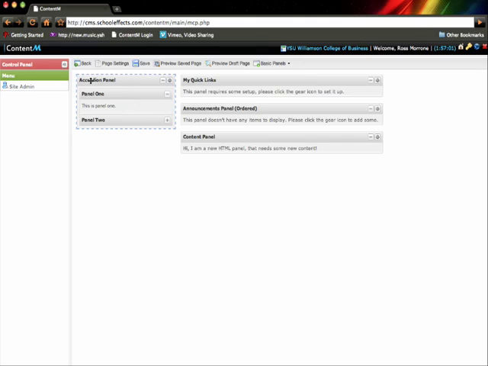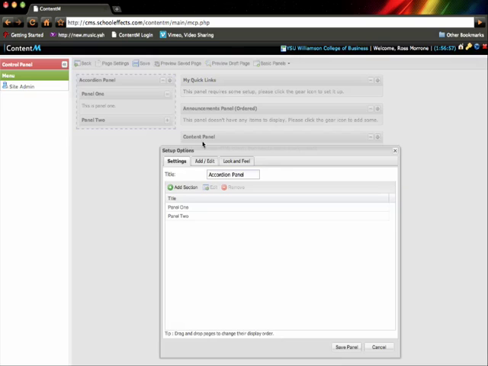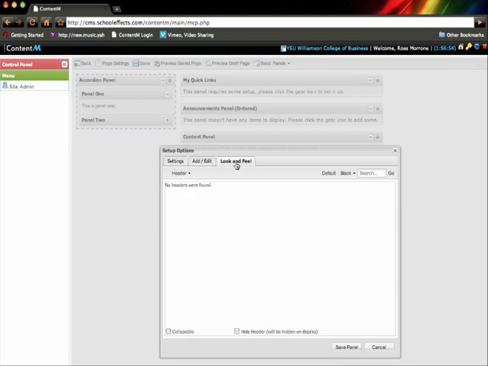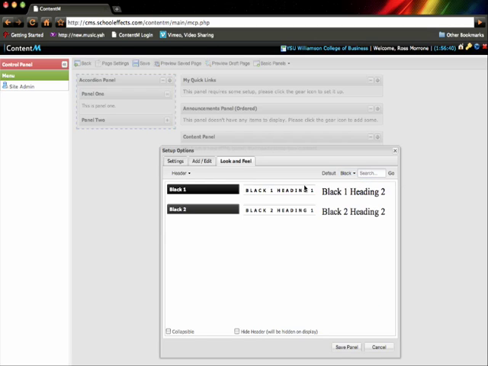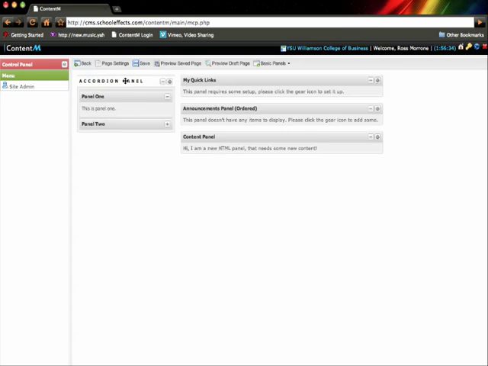Now, if you don't like the way that the title looks, if we go back into our gear and set up the panel, look and feel is going to be the same for each panel that we create. This allows us to change the header, the body, or the icon. And if you go over here, it's already set to a default, which is what we see here. You can click the drop down and click on your color scheme. And if we click black, you see it brings up our black headings. So if we like this heading, we hit Select, we hit Save,